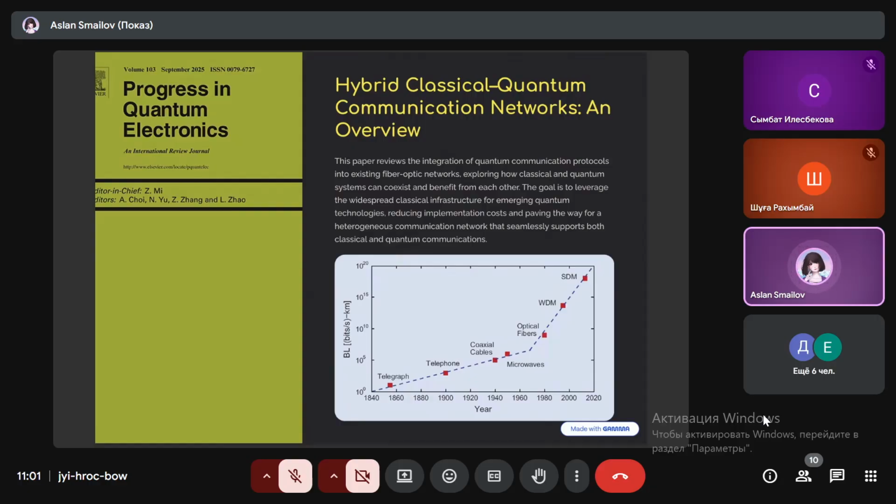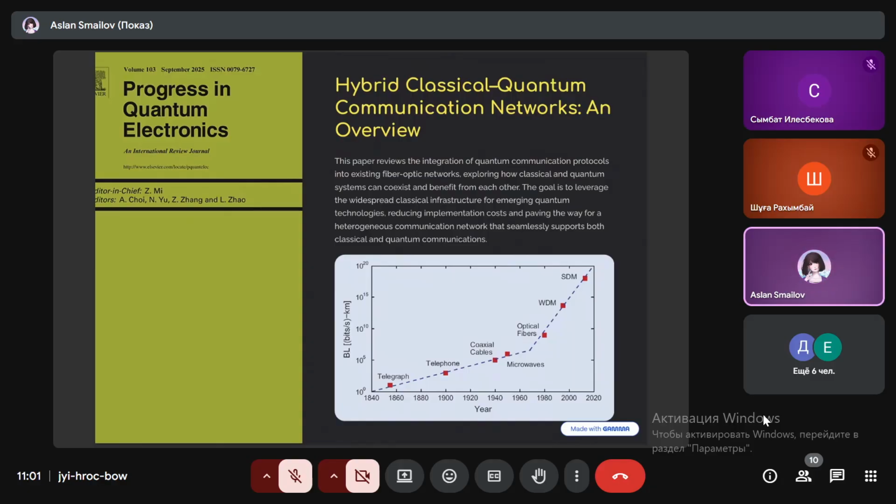In this paper, we review the integration of communication protocols into existing fiber optic networks, exploring how classical and quantum systems can coexist and benefit from each other. The main goal of this topic is to leverage the widespread classical infrastructure for emerging quantum technologies, reducing implementation costs and paving the way for a heterogeneous communication network that seamlessly supports both